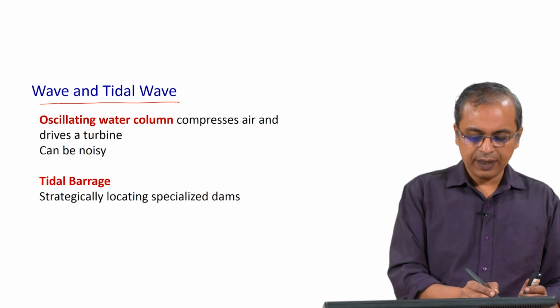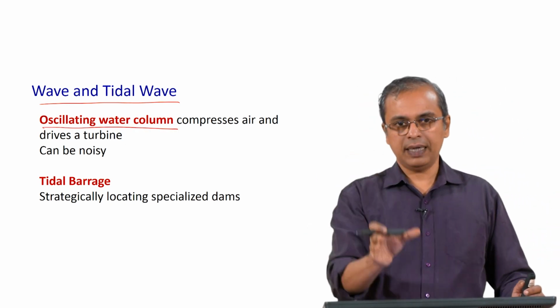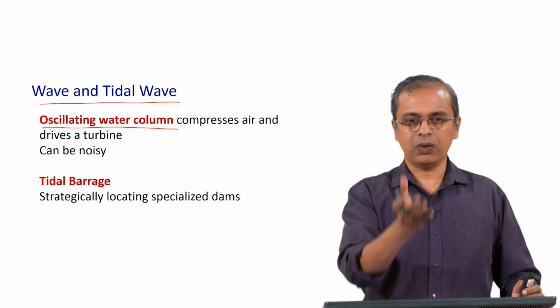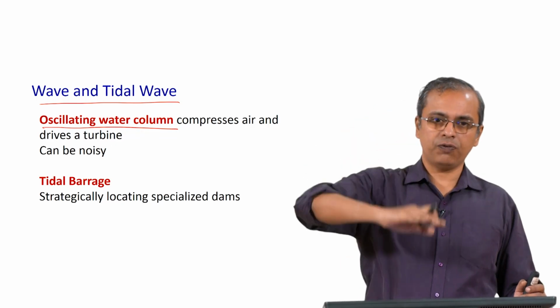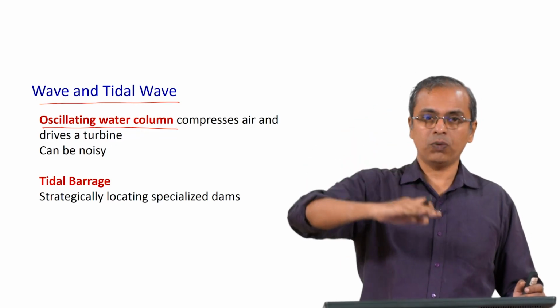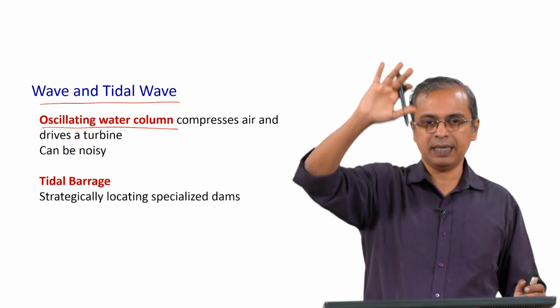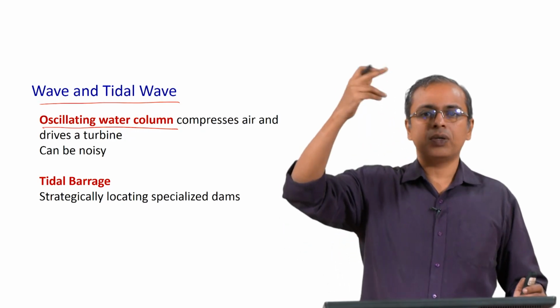If you are looking at waves, you can have an oscillating water column. There is a water column that is oscillating up and down based on the wave that is coming in and going out. Every few seconds water is going up and down, and then you can use this process of moving water to compress the air that is above it. So, you compress the air, expand the air, compress the air, expand it, and so on. You can use that to run a turbine.